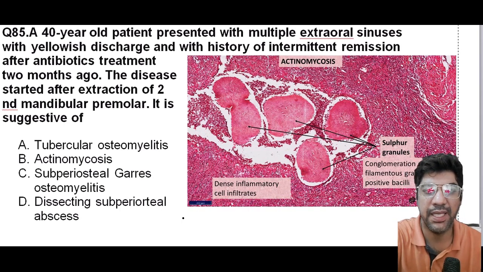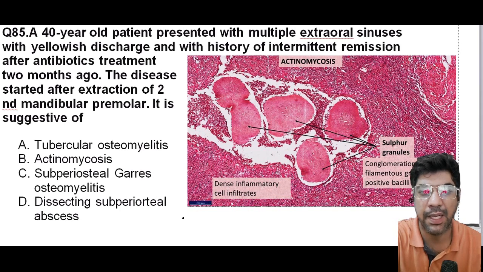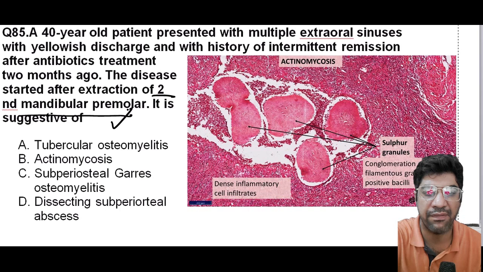Next question, a 40-year-old patient presented with multiple extraoral signs with yellowish discharge and with a history of intermittent remission after antibiotic treatment 2 months ago. The disease started after the extraction of the second mandibular premolar. That's suggestive of